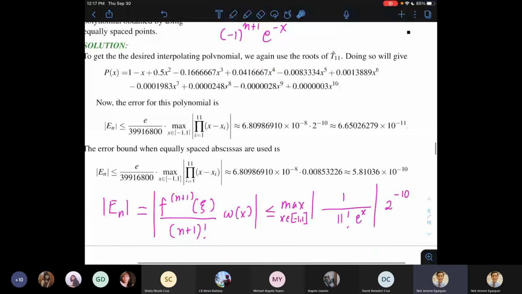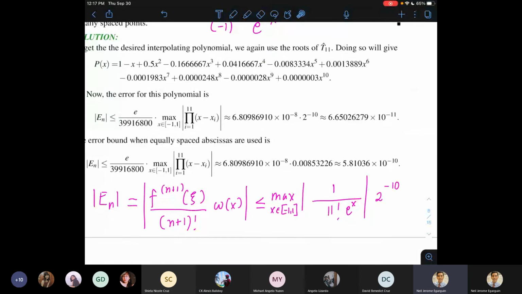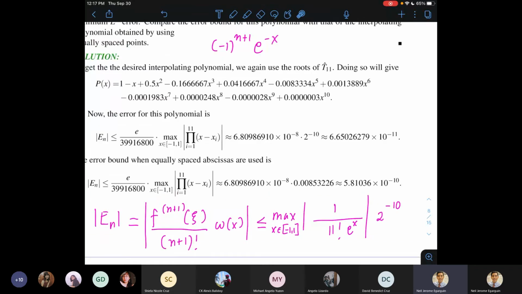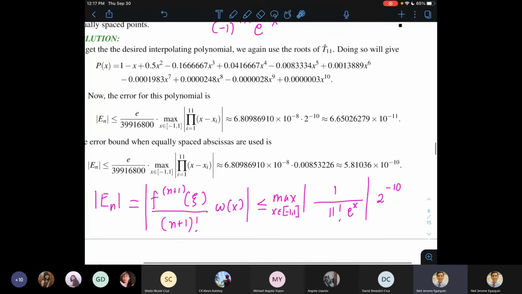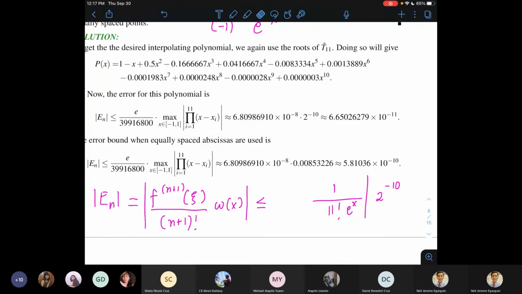Good catch there. So talagang meron kang e to the x sa baba, pero gusto nating i-maximize itong fraction na to. Pero e to the negative x is decreasing. Decreasing yung e to the minus x. So ibig sabihin, ang maximum value niya ay nandun sa pinakamaliit na value ni x, which is -1. So this maximum ay magiging nasa e to the -1.